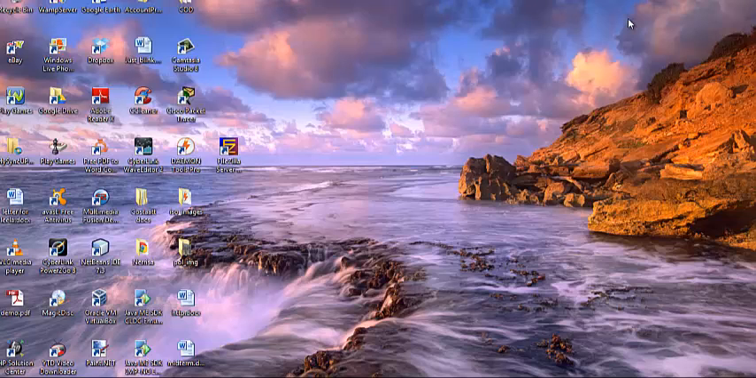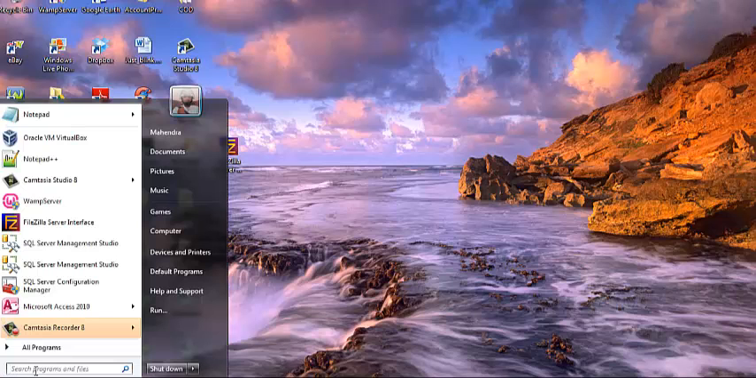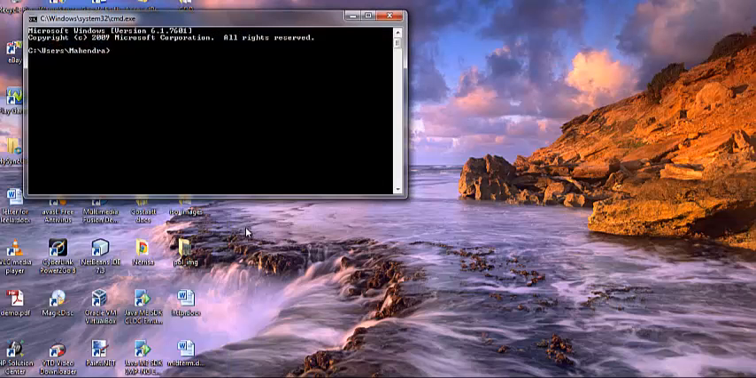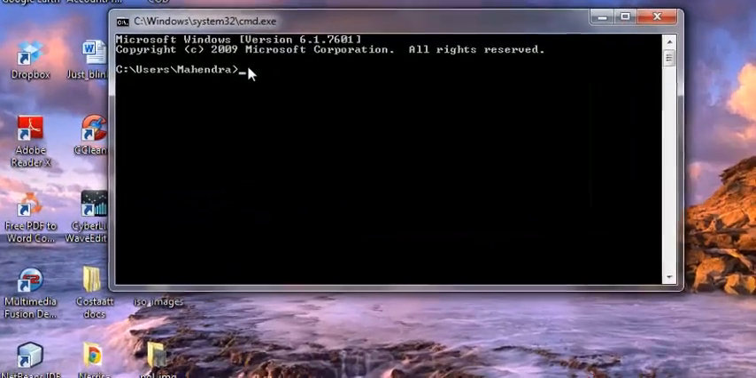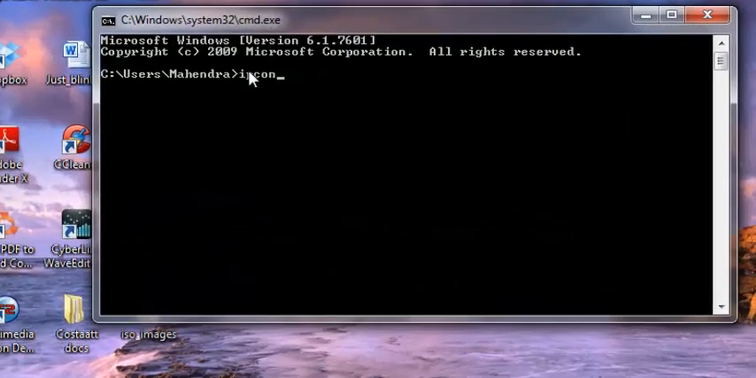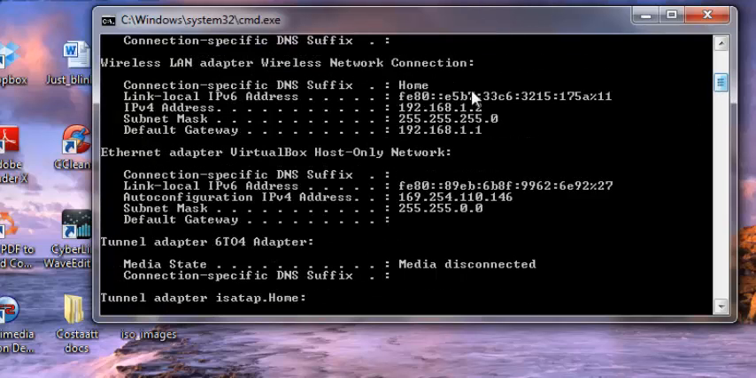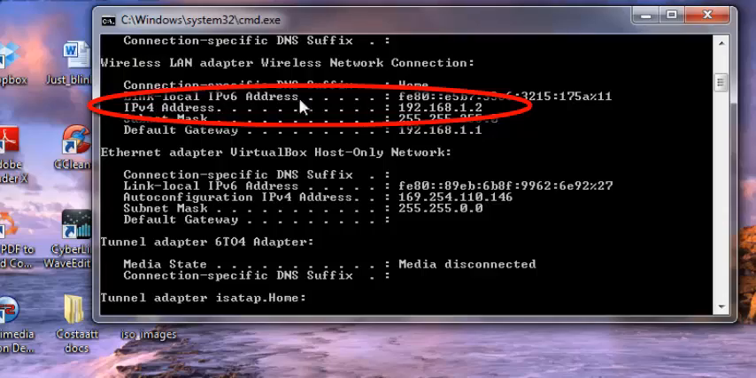So I'm going to minimize this window and show you how we can access this server from within the network. So first of all, we need to know our private IP address. In so doing, we'll launch command prompt or simply type cmd, and when command prompt is opened, type ipconfig in order to locate your private IP address. There it is, IPv4 address,